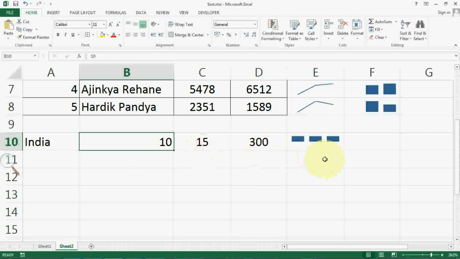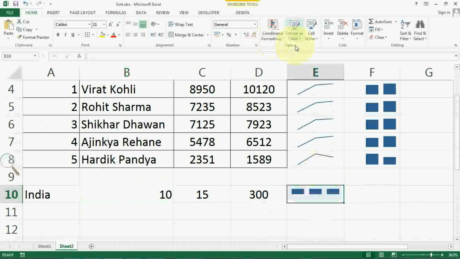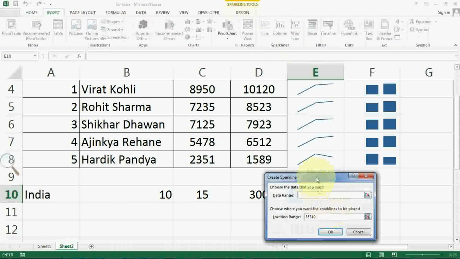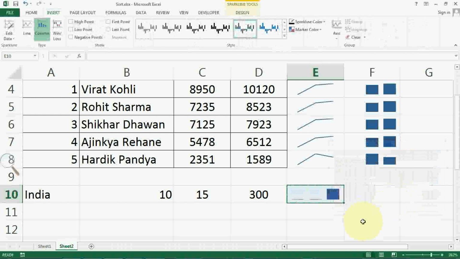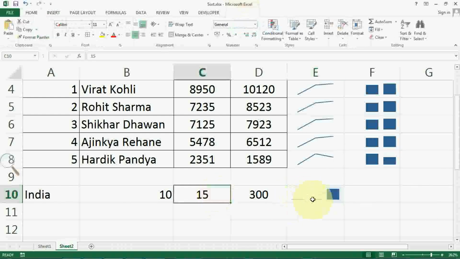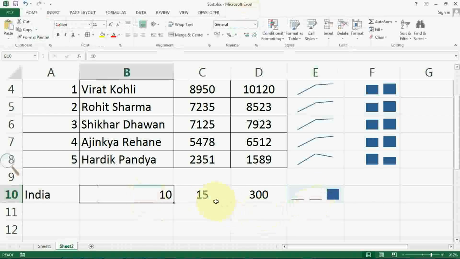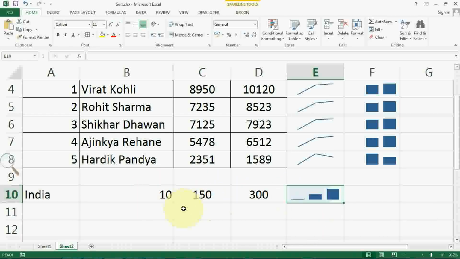So whenever you want to use this type of lines, you can use column chart. It is better rather than showing win loss. See, column chart is showing proper columns and proper bars in terms of the values. See, here all columns are not similar, means for 15 only a line is displayed, for 10 only a line is displayed. Now let me change this to 150. So your bar will be a little bit bigger than the older one. So I hope you understood this concept now.